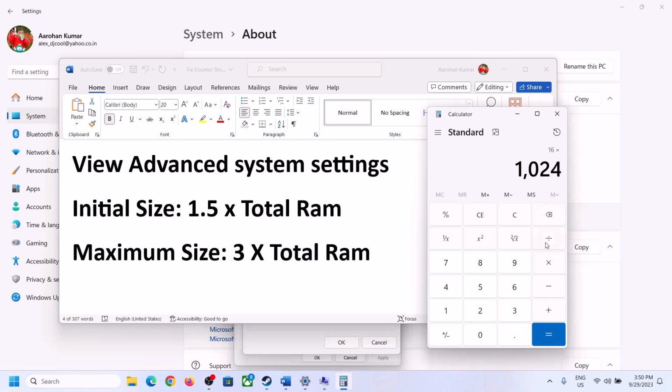So 16 GB in megabyte will be 16384, into 1.5. This is my total RAM in megabyte. Now 1.5 into total RAM. So in my case initial size is